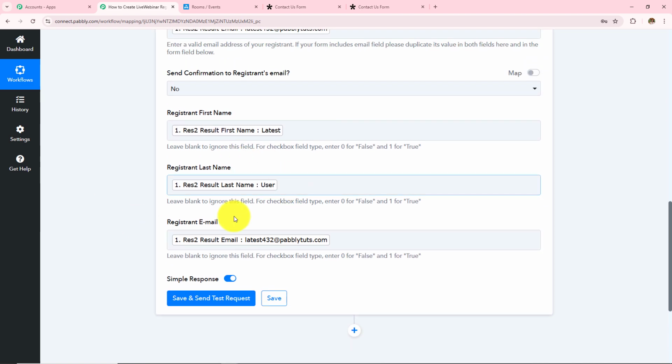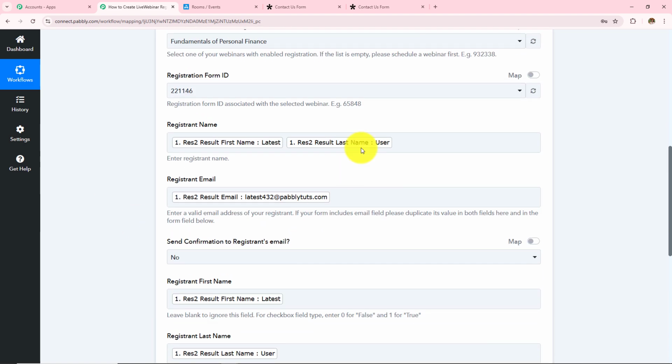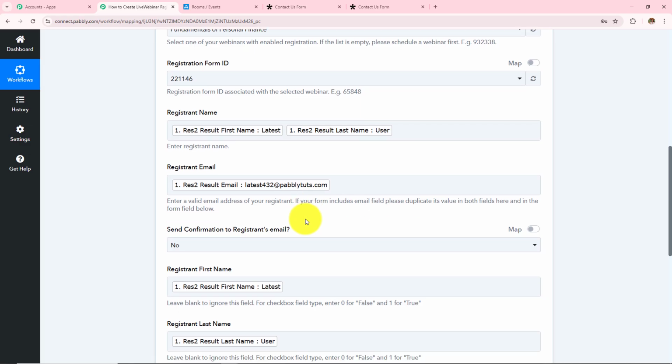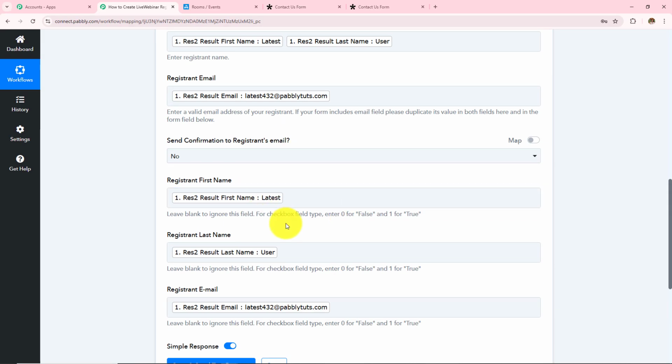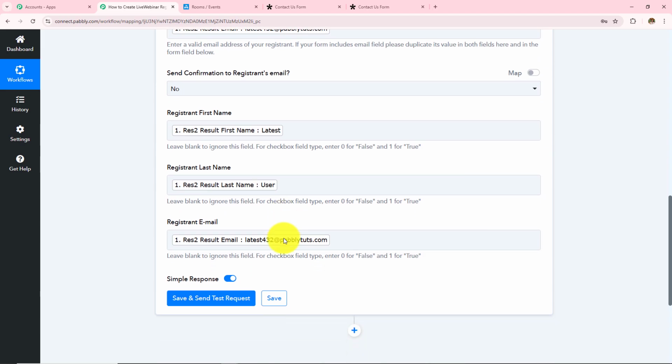Now over here, mapping is important so that every time you receive a new response, it is taken into consideration in these fields. Manually entering the data will make these fields static and the information will not change even if you have received a new response. If I manually enter any detail, this field will become static, and every time I receive a new response, the result will not change. So as to keep these fields dynamic, we use this process, mapping, instead of manually entering the details.